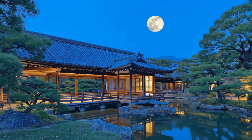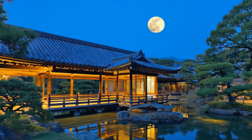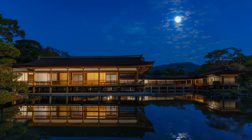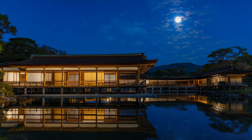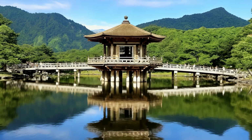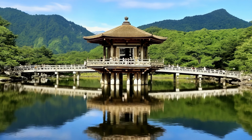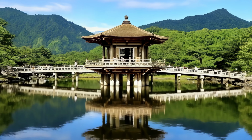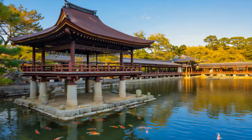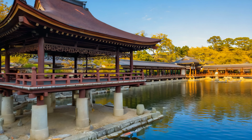At Katsura Imperial Villa, the Shokin-tei Pavilion includes a special veranda positioned precisely to view the moon's reflection in the garden pond, an example of architecture designed around specific temporal events. Some pavilions reference boat forms, creating the sensation of floating on water. The famous Ukimido Pavilion at Nara's Sagike Pond appears to float above the water's surface, creating dramatic reflections while referencing